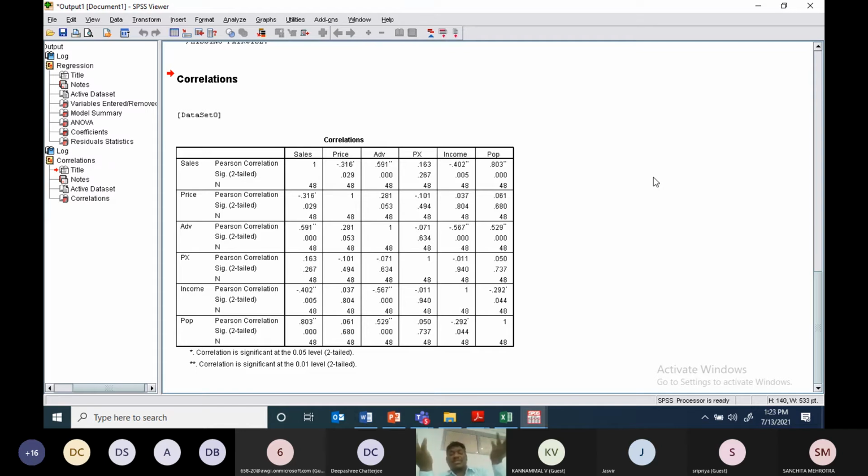There are many variables. Let's say price and advertisements are correlated with each other. What to do? You drop one variable. Please make a note. Drop one variable. You learned how to identify. Just look at here. Let's say here there is no correlation, highly correlated. It's okay. It's all optimal level.